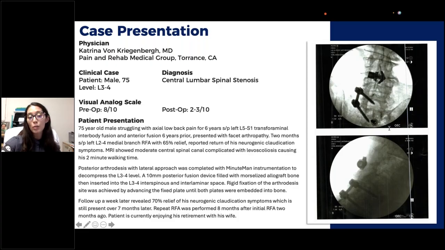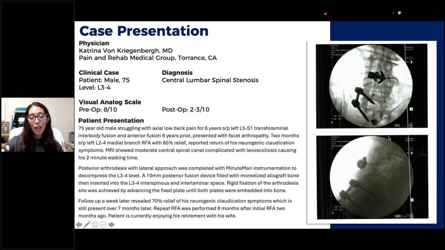Starting off, I didn't use epidurals for diagnostic purposes for this because he didn't have any radicular symptoms at that time, and it was all axial, and he did have positive chem. So the levels that we did were L2, 3, and 4, and it was just interesting that the instrumentation level for the Minuteman was at L3, 4. So it goes to show that one inflammatory process does affect the other, especially with aging.